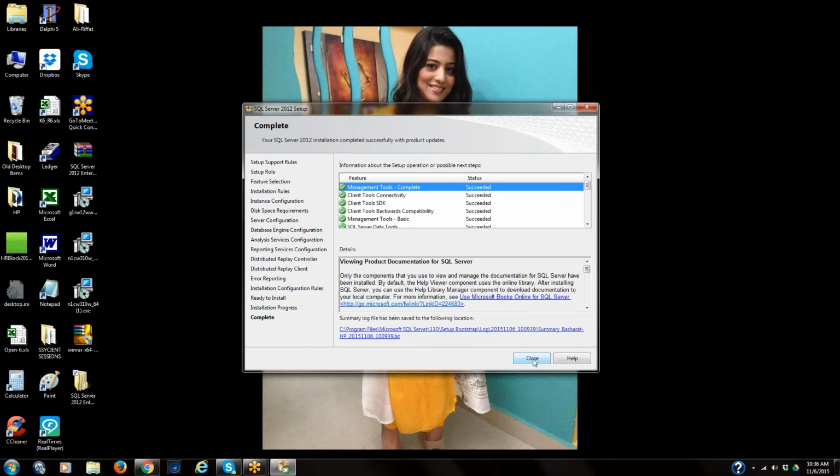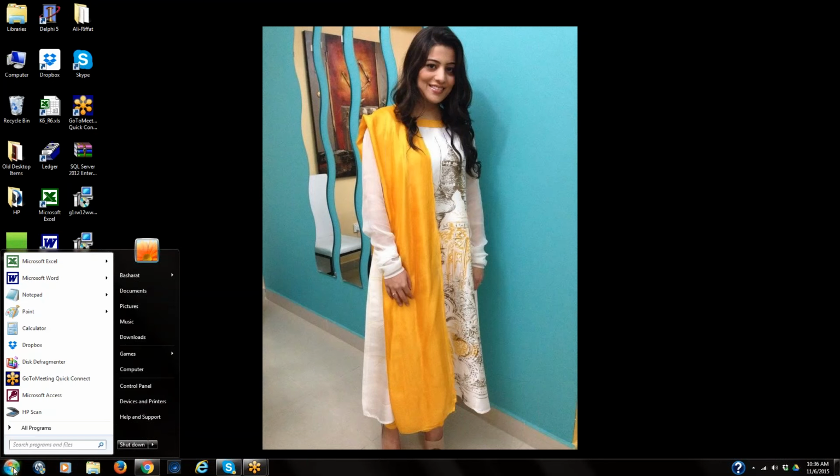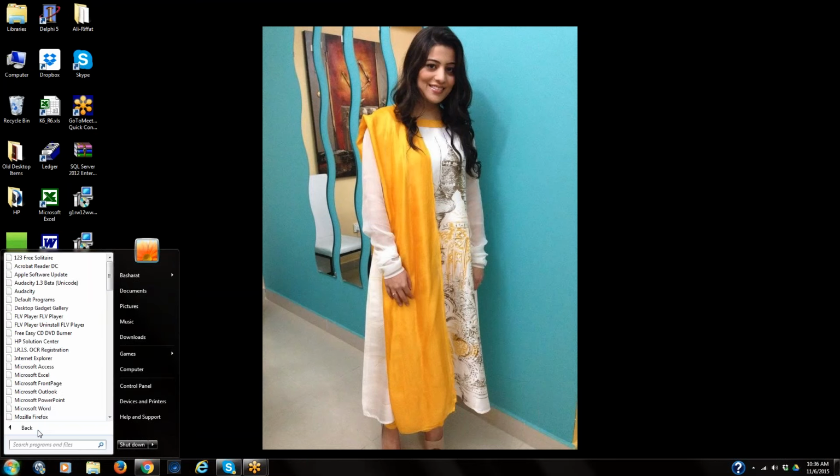Go to the start menu, all programs. Go down. Where is SQL Server 2012? You have to search for the folder. Just go up slowly. Here, SQL Server 2012. Expand. Here, SQL Server Management Studio.